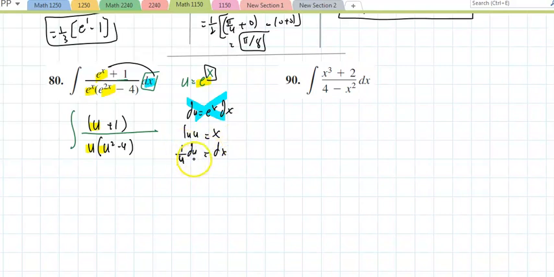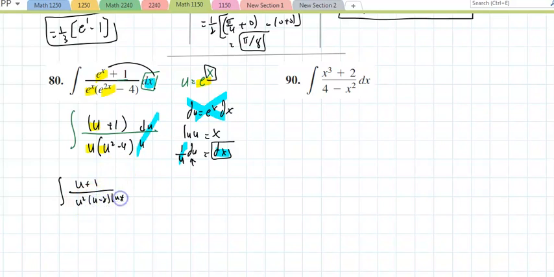It doesn't matter how messy this is. What matters is, can I get that to match? And I did. It's really 1 over u du. So basically, I'm looking at the integral of u plus 1 over u squared times